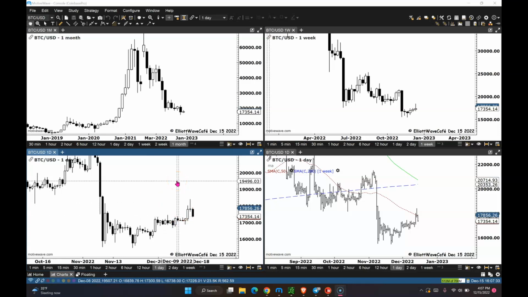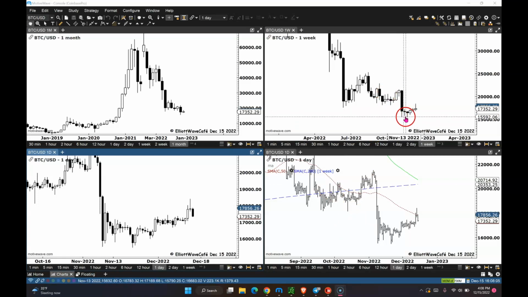Bitcoin rallied yesterday, and we had a pretty good move into 18,400 in here, right into the previous zone of support, now resistance. We stuck our heads above the 50-day declining moving average, and then we were rejected from there. Up here you have the 200 week with a sharply declining 200-day moving average. So we remain below the key moving average as well, and that should work in the favor of the bears.